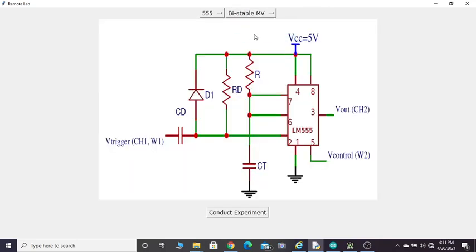Now this is bistable. We know that this is not the circuit diagram for a bistable multivibrator. For a bistable multivibrator, we'll be shorting pin number 6 and 2. We'll be applying the input voltage. There are no resistors. We have a control voltage, and we're going to see what is the output voltage. Of course, this is of a monostable multivibrator. Sorry for that, but as I said, only pin number 2 and 6 are shorted. You are applying the input voltage, and there is a control voltage applied to pin number 5.